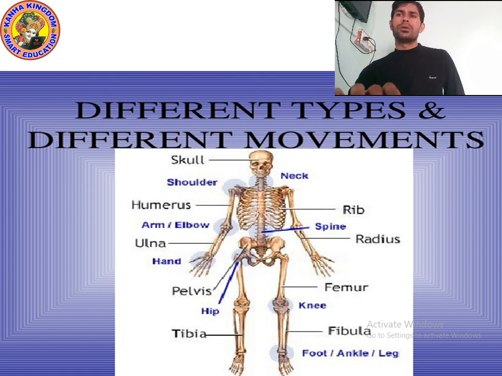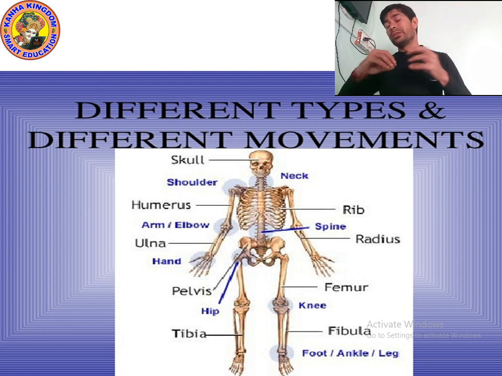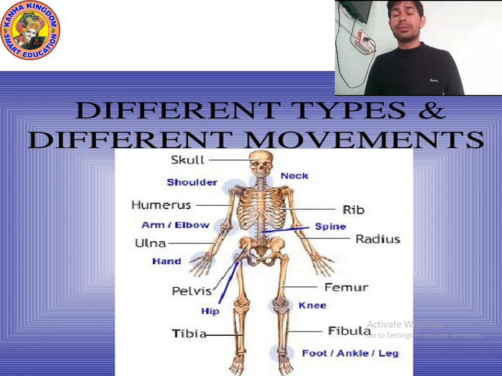Now can you tell me what is a ball and socket joint? Can you tell me what you mean by ball and socket joint? Ball and socket joint is a spheroidal joint in which the ball-shaped surface of one rounded bone fits into another cup-like depression. It is found in the shoulder and pelvis. Pivot joint is present in our neck. Pivot joint allows for rotation, which can be external or internal. Hinge joint is present in our elbow and knee.